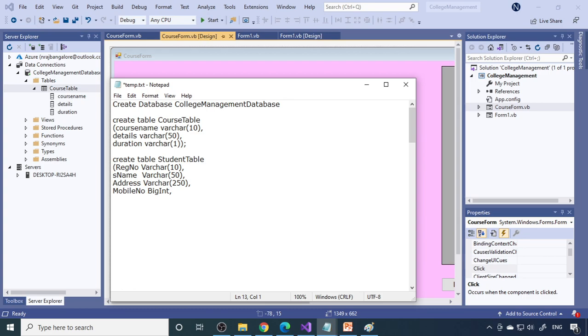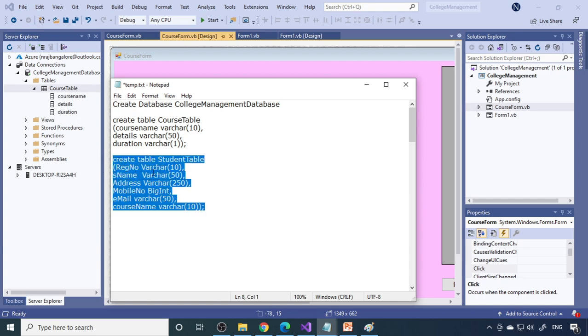And then we want to take the email ID, so you can say email. This is varchar of 50. Then course name. This student belongs to which course? So there is a course name. This is varchar of 10, because the course name in the previous table is 10. Here you can see that it is a varchar of 10, so here also we take varchar 10. We can set the foreign key reference to this column, but we can do it in the code only. We load all this data into the combo box, so you can select one from the list. That will do the job.